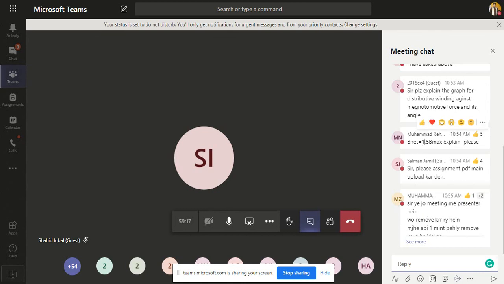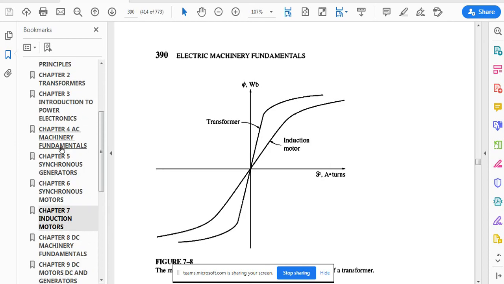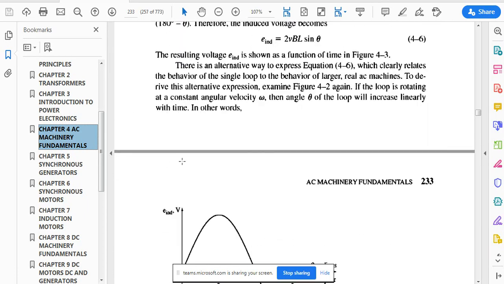B net is equal to 1.5 B max. Beta, this is a mathematical proof. Practically, you have three magnetic fields being produced by the three currents over there. So when you add them by phasor sum or head to tail rule, then you are going to get 1.5 B max. And if I go towards the mathematical proof of this one, you have to actually go on. Let me give you the chapter of this one, from where I hope Mr. Umar Latif must have told you.